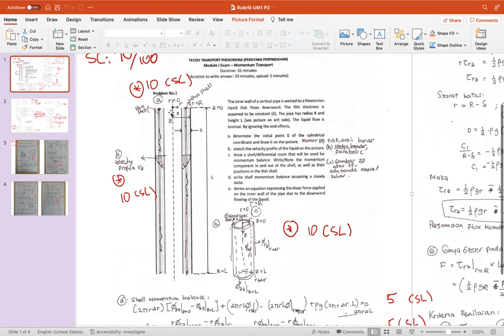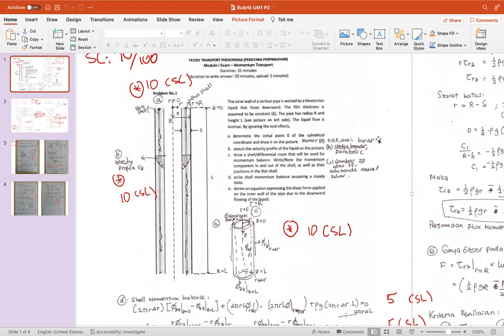You should write it with the z axis and r axis, and also write r equal to 0, and r equal to R, z equal to 0, and over here z equal to L, for example. Here you need to have a correct point, titik yang benar,